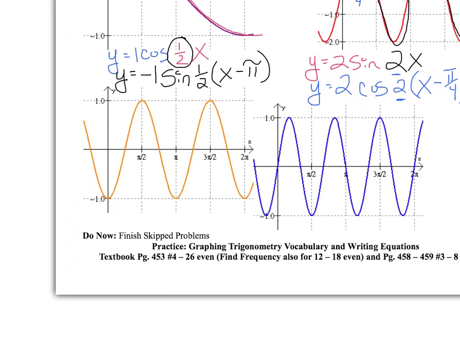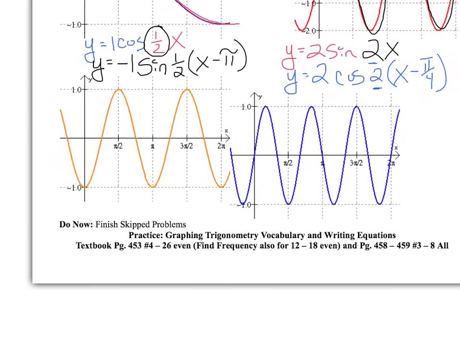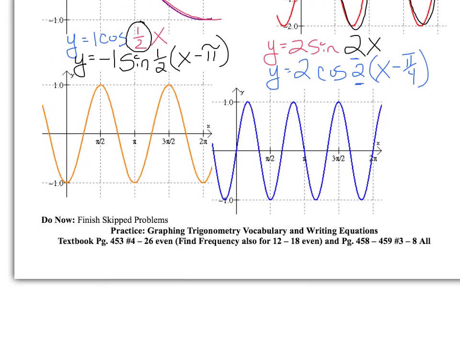I'm going to do one more with you guys, and then I'm going to leave you guys with that last one to try as well. So the skipped problems are the 2 that I skipped. For this one, let's see if I do the sine graph first. Sine graph should have started at 0, 0, but it did not. It shifted to the right by pi over 4. I can see I got up to 1, so it's going to be y equals 1 sine,